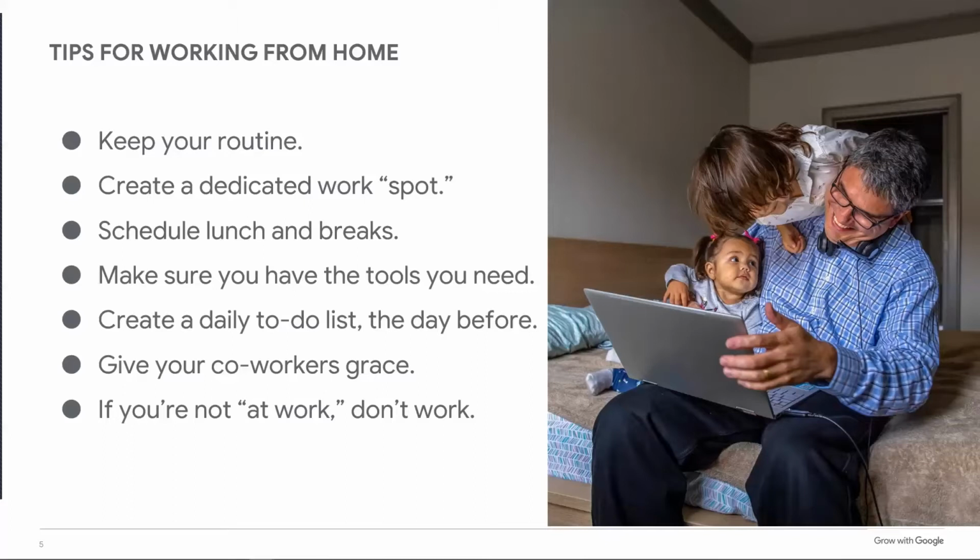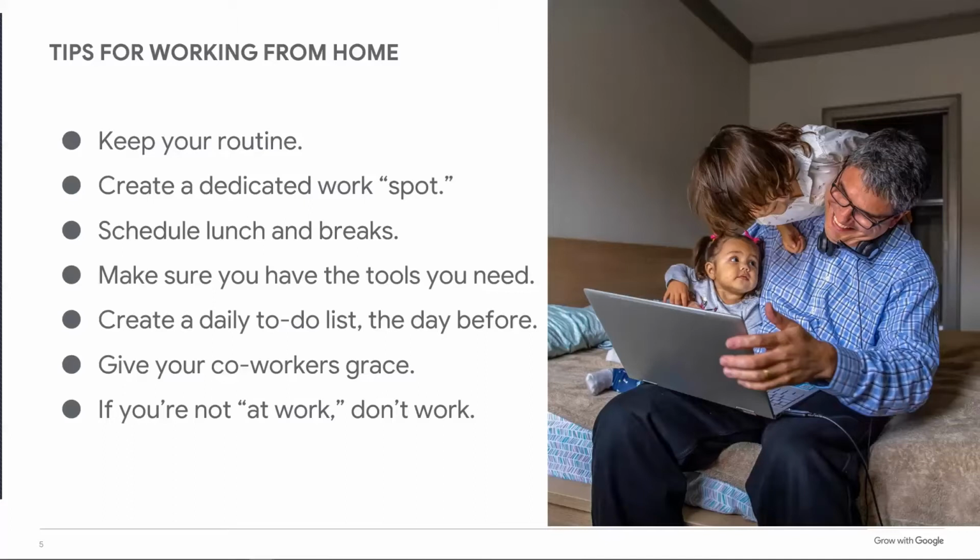Okay, create a daily to-do list the day before. So before you close up for the day, create that to-do list, because you've just completed all your tasks for the day and you know what needs to be completed tomorrow. You haven't slept on it, you haven't done other things, and you don't have to go back and rethink what you've just completed. You can start right then, take the last 15 minutes or however much time at the end of the day, and write that to-do list so you're ready to go in the morning. You'll find yourself more productive, and you'll find that you're able to get a quicker start on your day doing it that way.